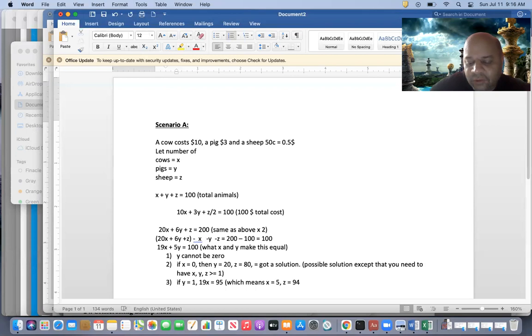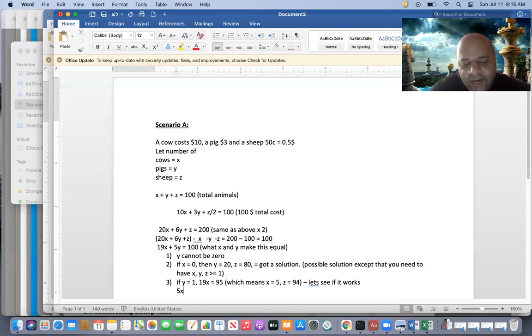Now let us see whether this solution works. So what is the thing? x is equal to 5, so there are five cows. The sum is not 100. So 5 into